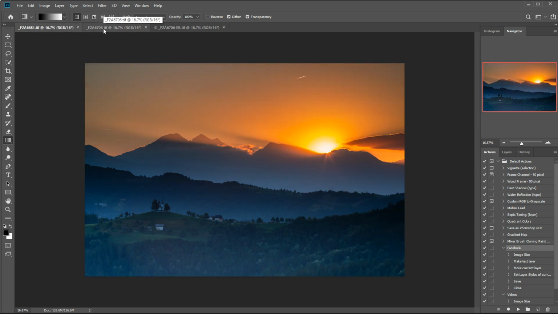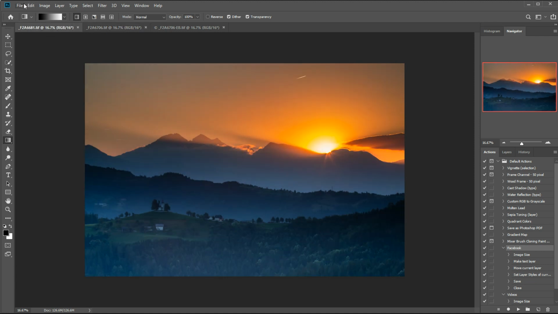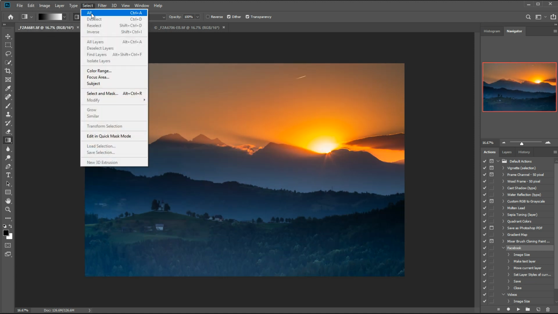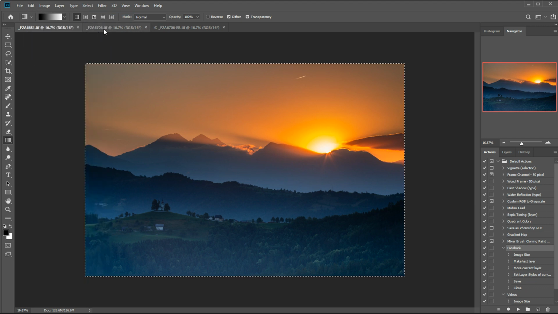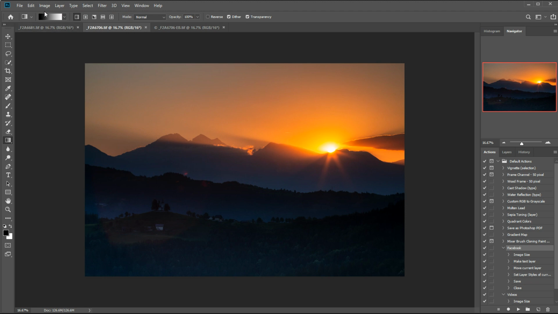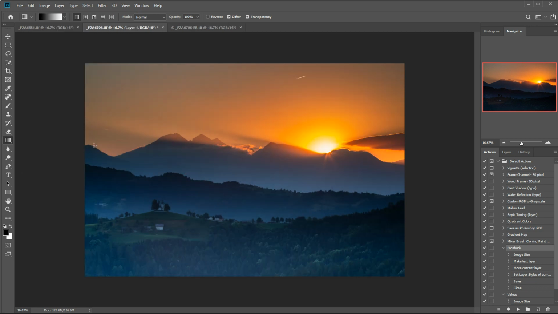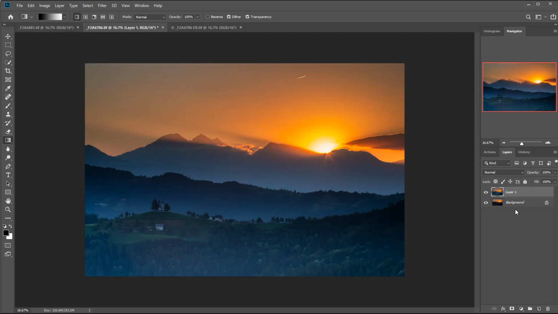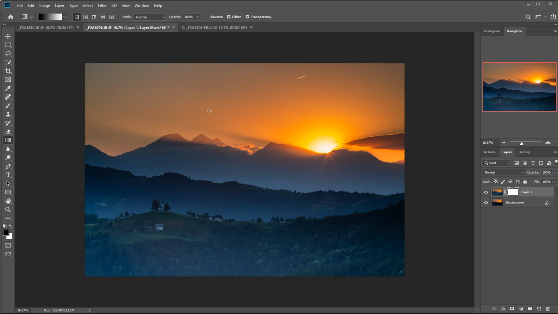Okay, so here are my two shots. I'm going to take the brighter shot. I am going to select all, edit, copy, then I'm going to open this shot, edit and paste. There we go. If I go to my layers palette, here are my two layers. Now I'm going to go to layer, create layer mask, reveal all, and then I'm going to select my